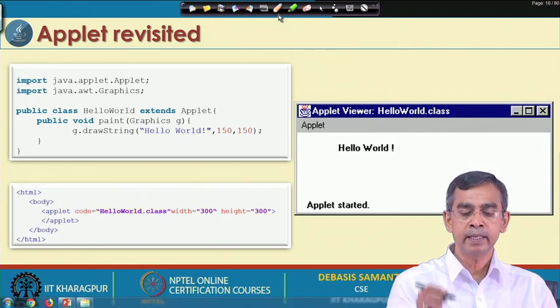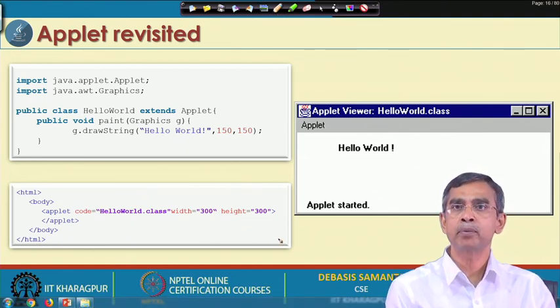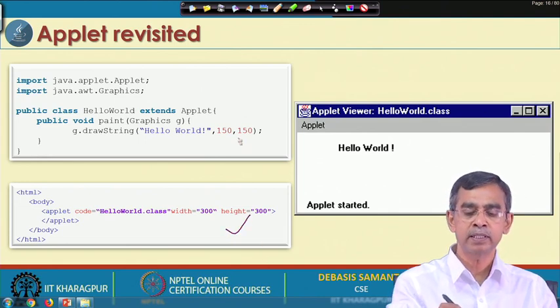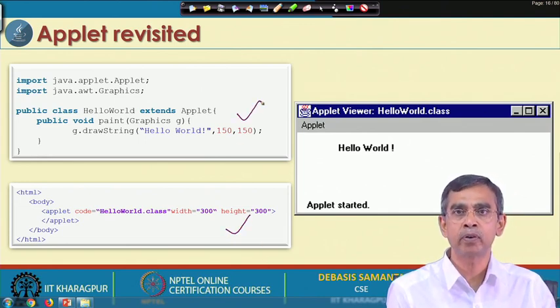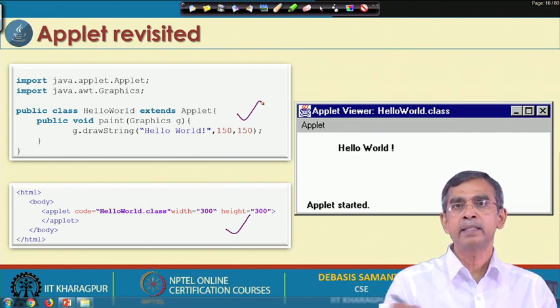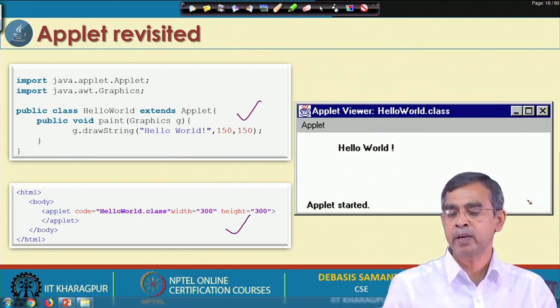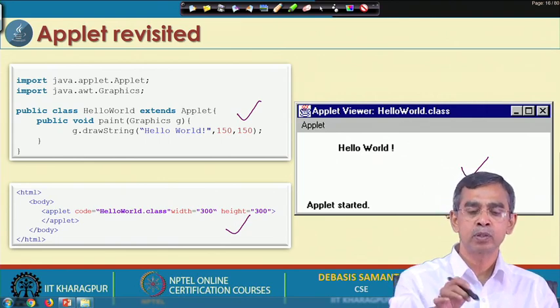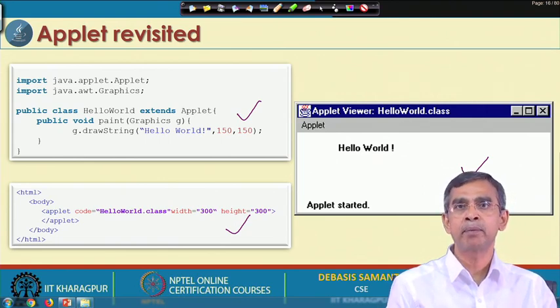Then second, you have to embed the program using an HTML file, which will look like this. These are the two obvious steps, and then you run them using an applet viewer, and this will look like this output.